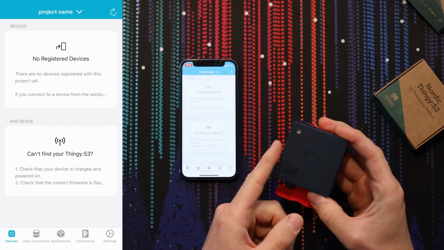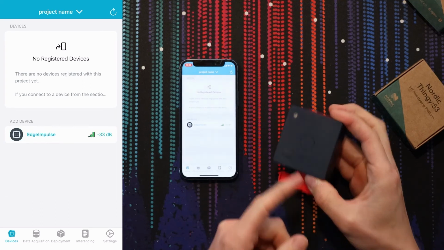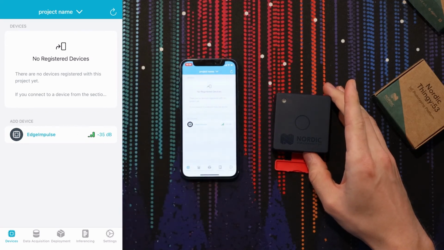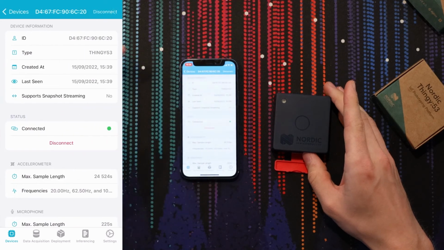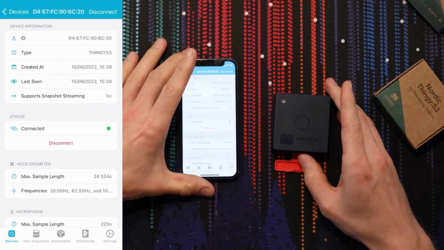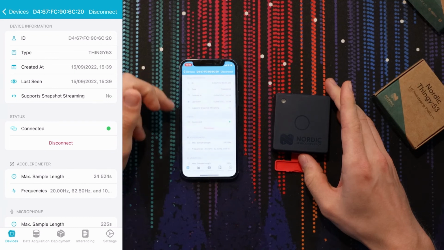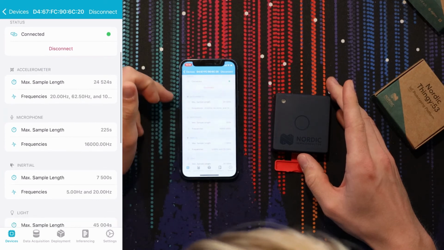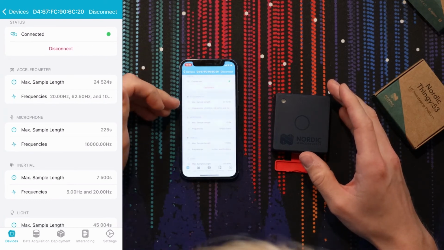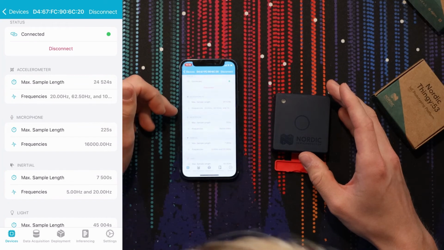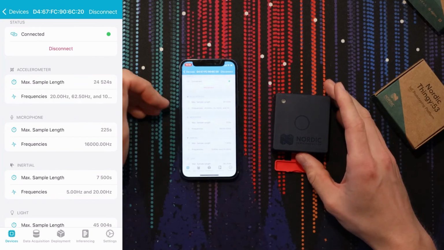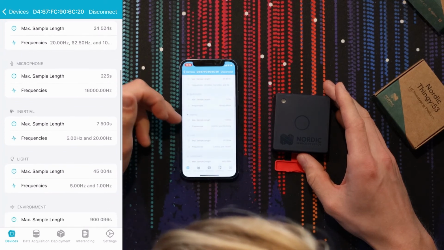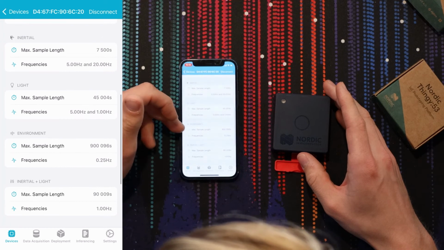And you can see it comes to light with an LED flashing different colors. It shows up in the app as Edge Impulse. We connect to it with one click, and then you can go into the Thingy, and you can see all the info on it. You can see its connected status, and you can see all the info on all the sensors it has, and you can see the maximum sample length for each sensor, and you can also see the sampling frequencies that sensor supports. So you can see the accelerometer sensor, the microphone, the inertial measurement unit, the light sensor, the environmental sensor,